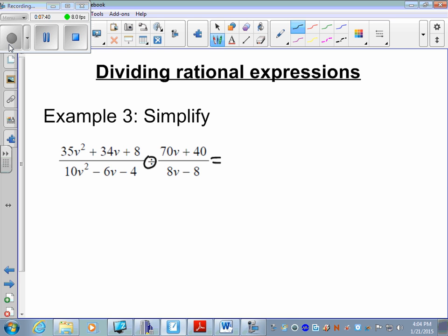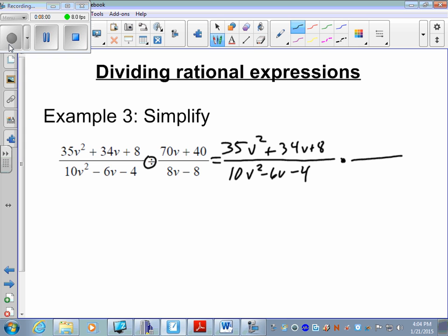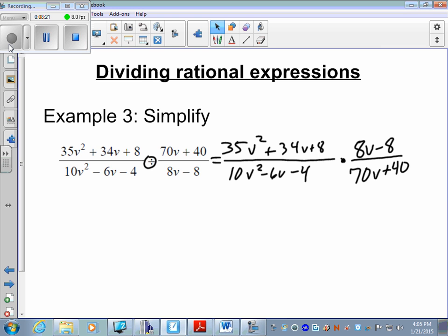So 35b squared plus 34b plus 8 over 10b squared minus 6b minus 4. Instead of division, we make a multiplication, and then we actually flip the second rational expression. Some of you may remember this as keep it, change, flip. You keep the first fraction, change the division to multiplication, and flip the second fraction. And now with multiplication, we do the exact same thing as we did before. So I'm going to